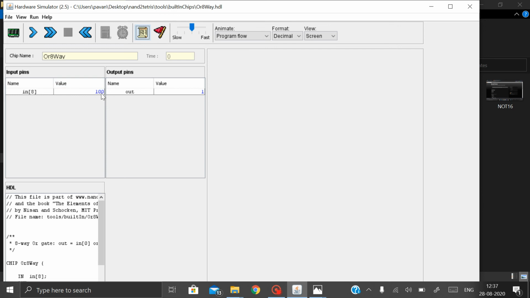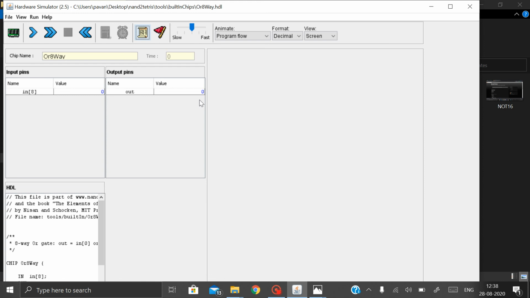So the output is 1. If you give 111, the output is also 1. If you give all zeros, then the output is 0 automatically. Yeah, output is 0. Okay, I think you got the idea.